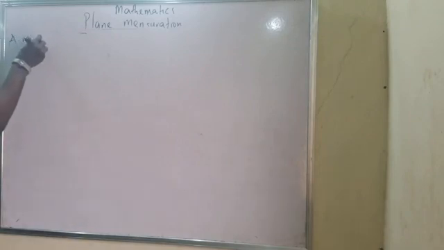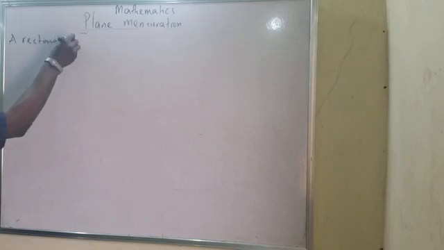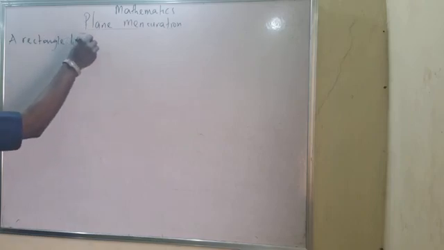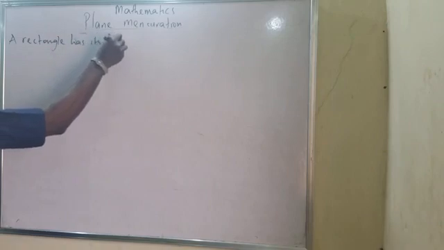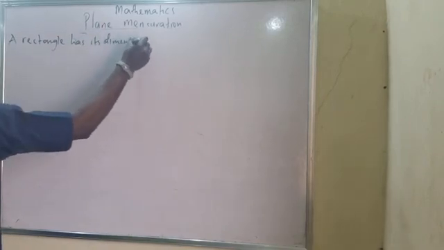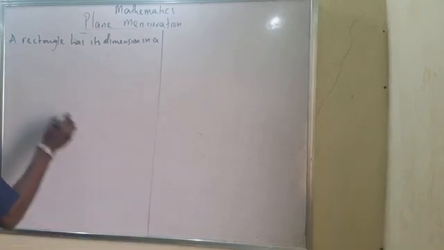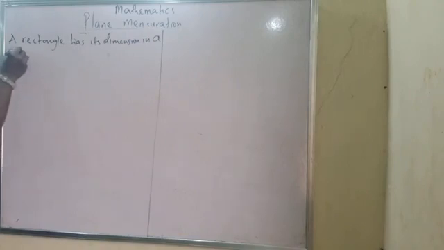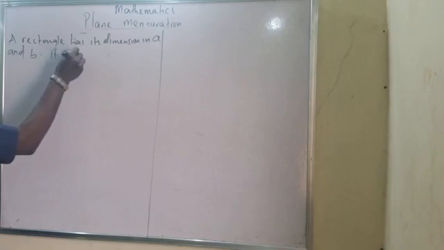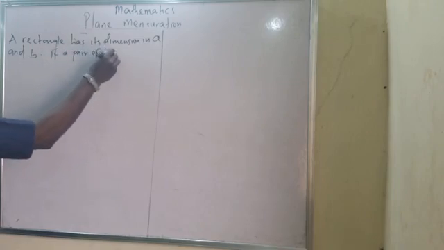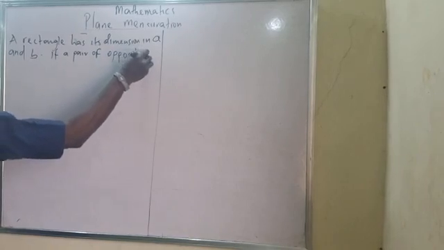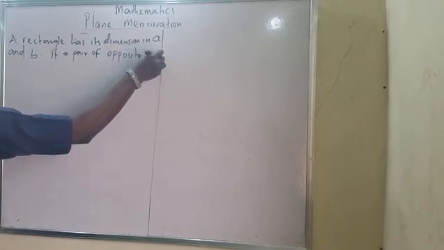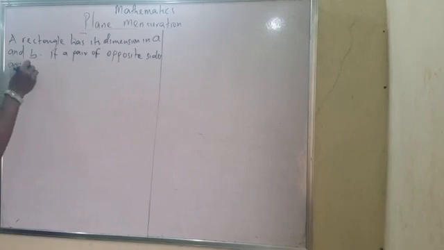A rectangle has its dimensions A and B. If a pair of opposite sides are 4A centimeter